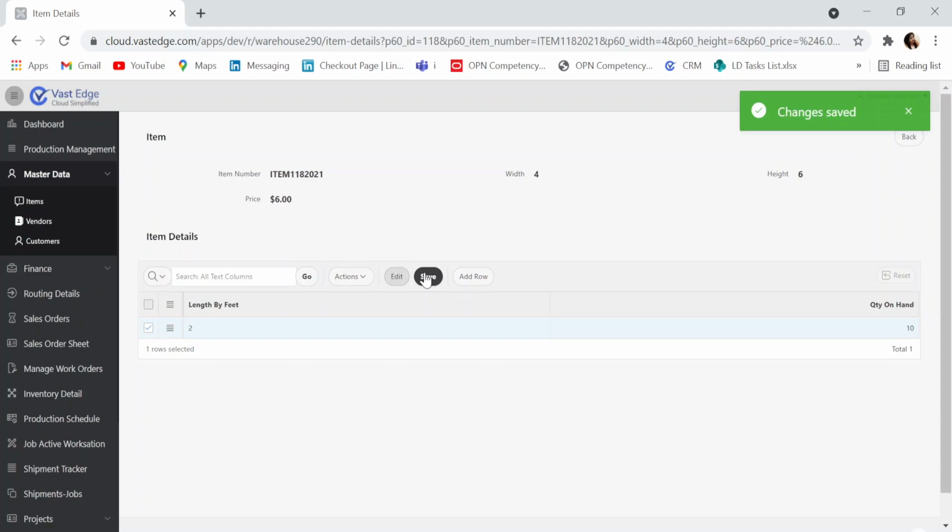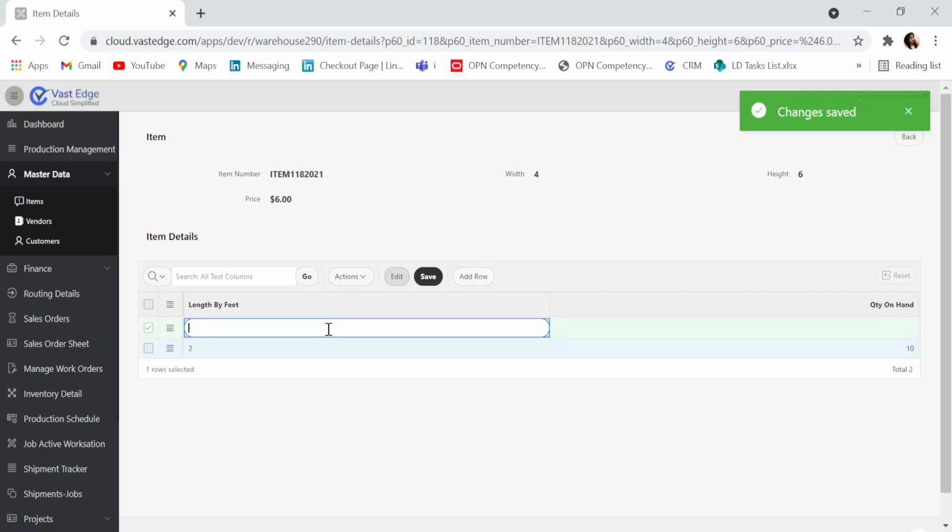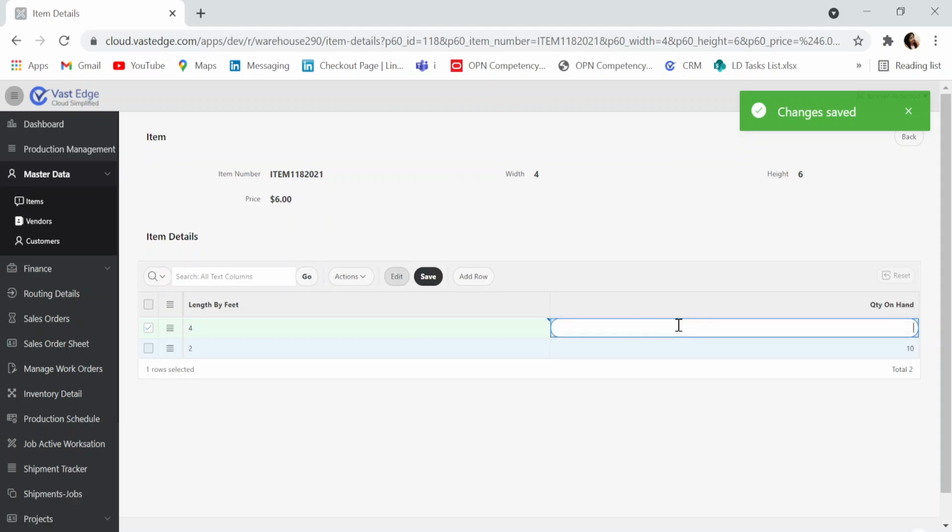In case we have that item with a different length, we can add one more row, and the length of that particular table be 4 and the quantity be 15. So we can save that as well.